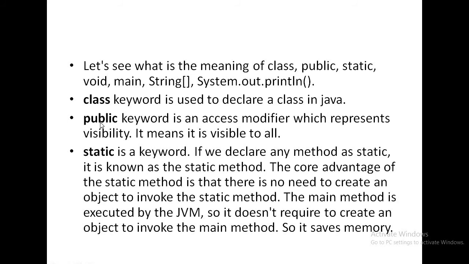What is public? We know that public is an access specifier. In C++ we have already discussed that public is nothing but an access specifier. But in Java there is no access specifier present, so public is called an access modifier. And public is otherwise known as a keyword. So what is the work of public? Public means anyone can access it, or it is visible to all.